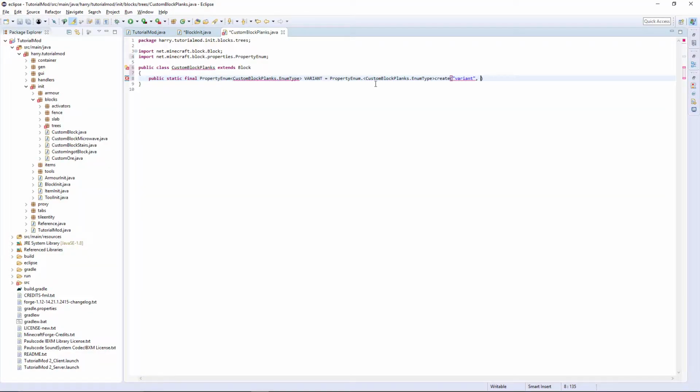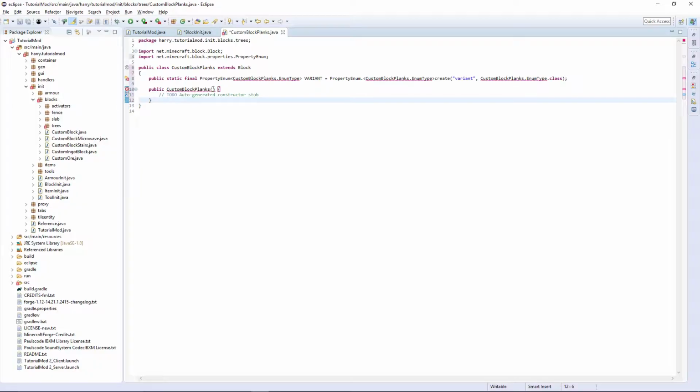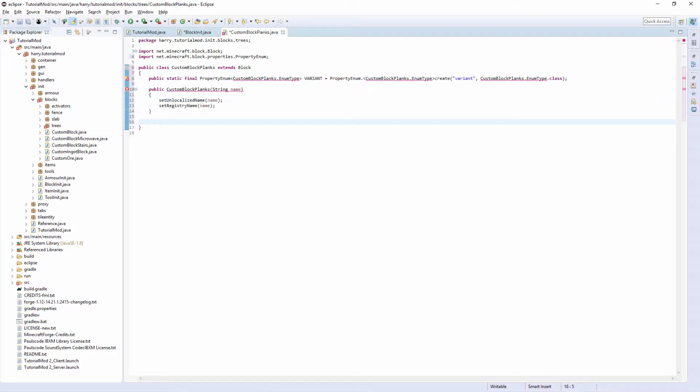And then obviously the class again, custom block planks dot enum type dot class. For now, this is going to give us lots of errors, but we're going to create this enum in a second. So firstly, add the constructor, string name, and set unlocalized name and registry name. Then we're going to create the enum,